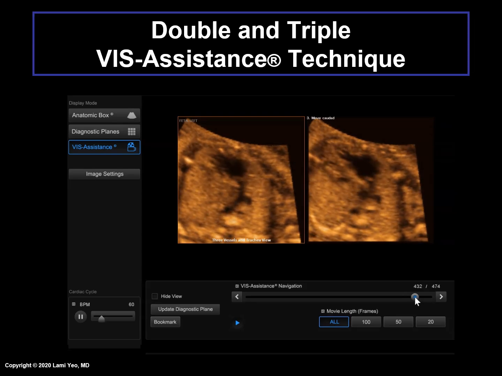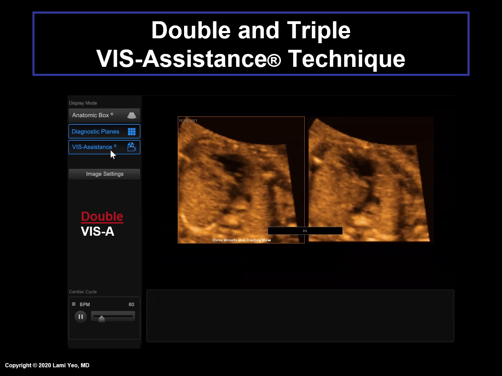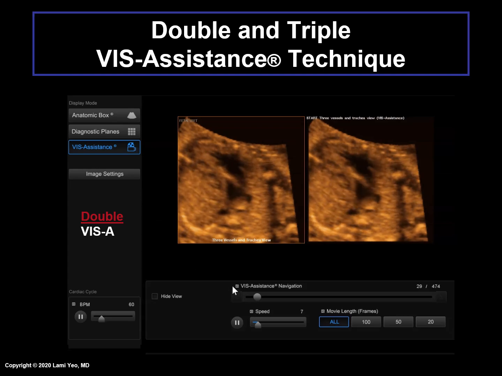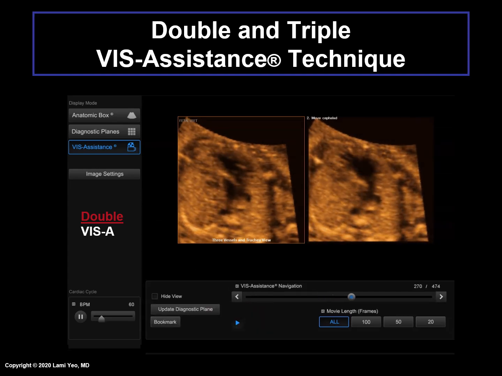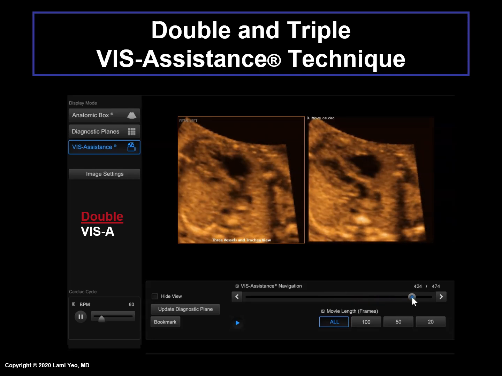However, to characterize this vessel further, double VISA is performed. It becomes evident that the vessel exits from the left ventricle and also bifurcates, as shown here, confirming that this is the pulmonary artery.